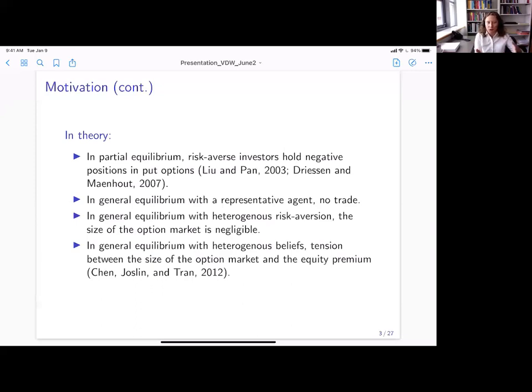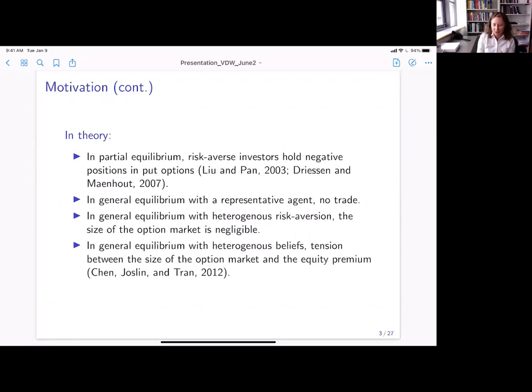If we have these multiple options, a natural way to make them non-redundant is to have stochastic jumps. But when we have this high belief dispersion, and this high heterogeneity across investors, we have a problem of matching the equity premium. So we can match the size of the market, but the equity premium will be low because of the risk sharing capacity available in the economy. Okay, so there's this tension here.